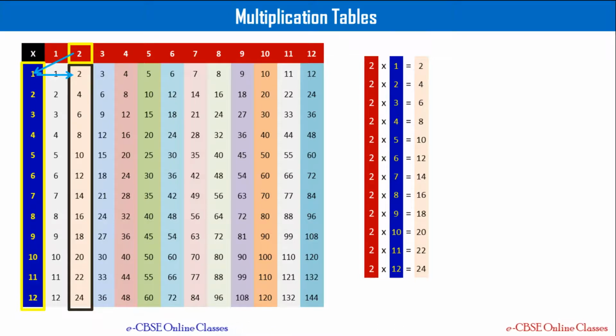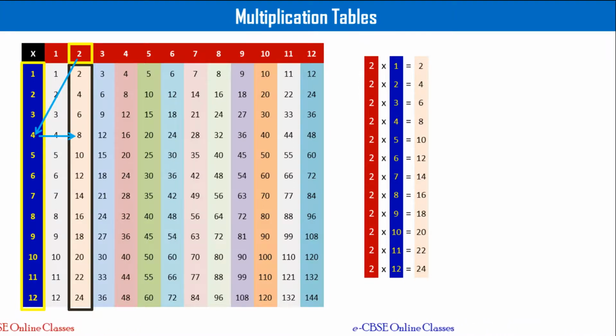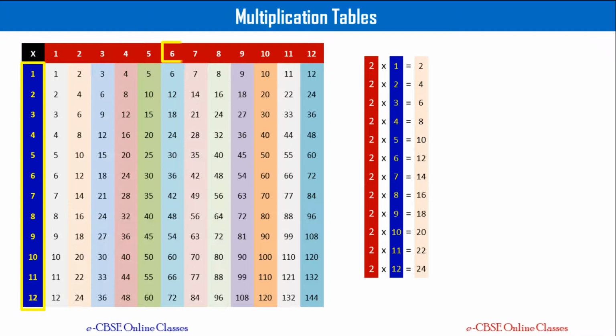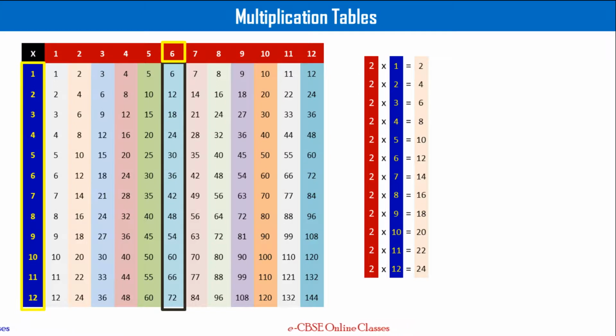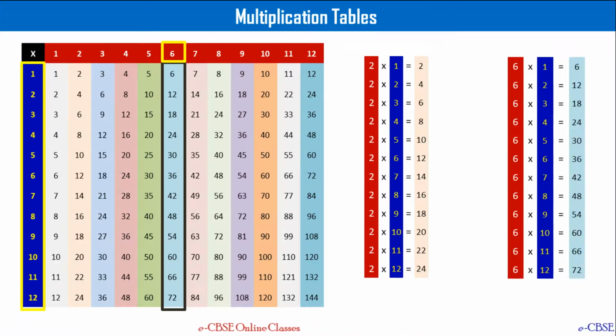How to read the multiplication chart to get this table is the following. 2 times 1 equal to 2. You see 2 times 2 equal to 4. I'm showing them using arrows. 2 times 3 equal to 6. 2 times 4 equal to 8 and so on, right? This is how one can write multiplication tables from this multiplication tables chart. Now, instead of marking 2, if I mark 6 and the column corresponding to number 6, then what I have is the table for number 6. That is 6 times 1 equal to 6, 6 times 2 equal to 12, and so on, right?